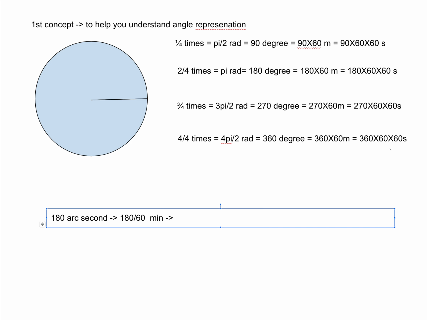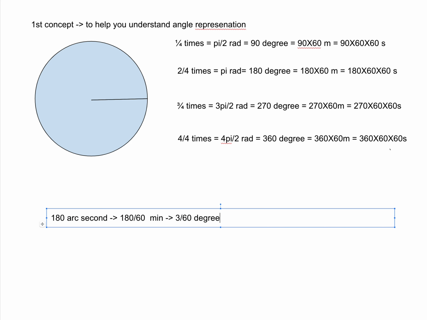Okay, that's fine, you want to know how many degrees it is. Then once you have the minutes, how do you convert it into degrees? You divide by 60, of course, then it becomes degrees. So 180 divided by 60 is 3, so 3 divided by 60